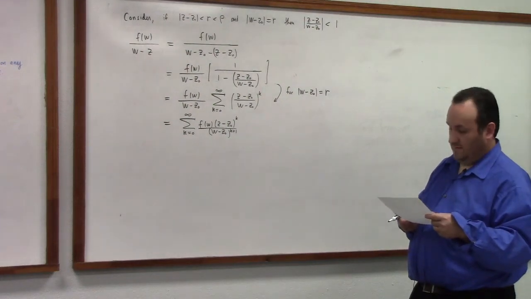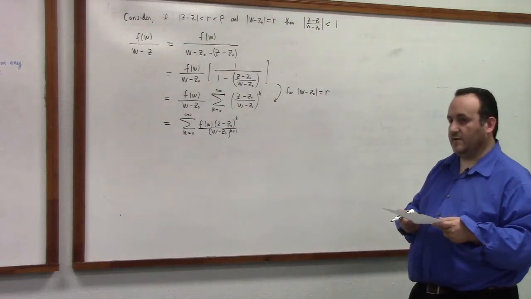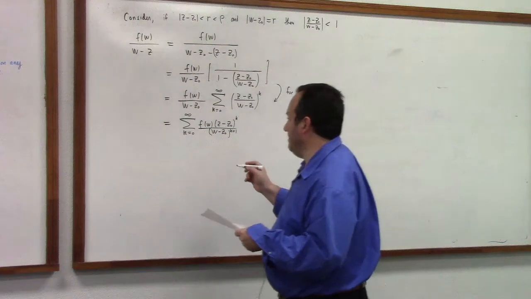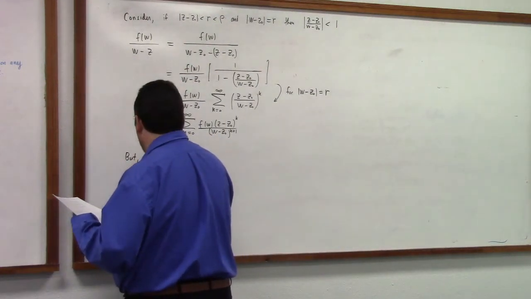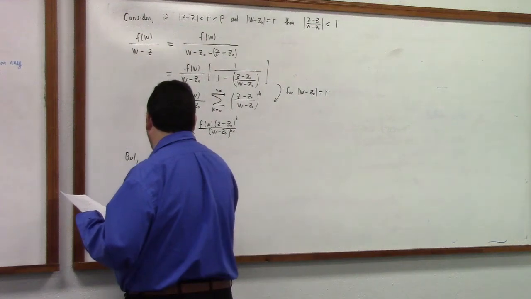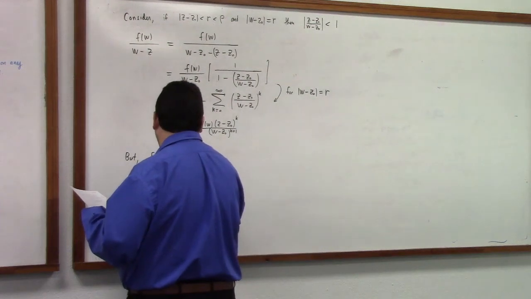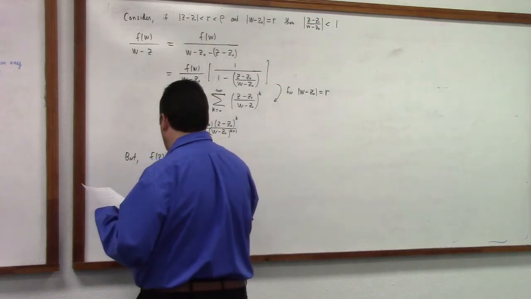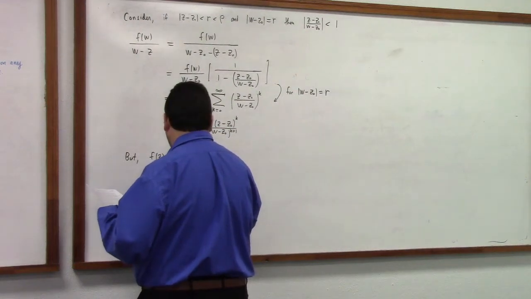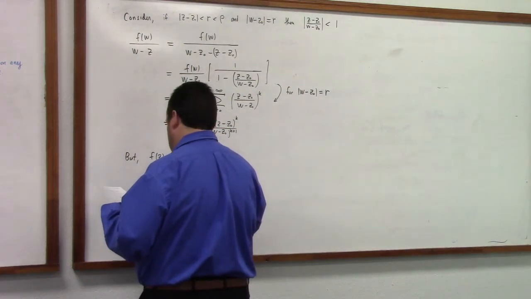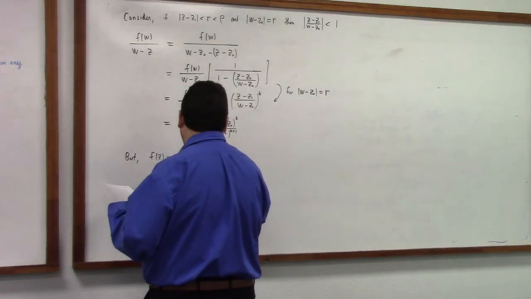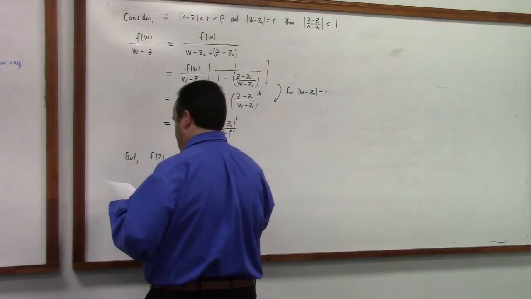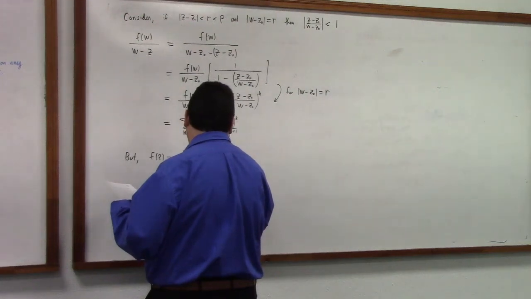All right? But we know Cauchy's integral formula, right? What would Cauchy's integral formula tell us? It told us f of z was what? 1 over 2 pi i, the integral along the circle, the absolute value of w minus z naught equal to r, of f of w over w minus z dw,